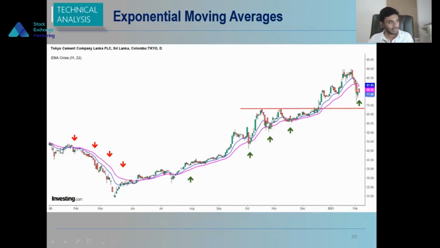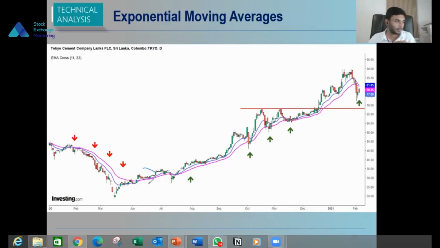So you can see when the blue line, the short-term moving average, is below the long-term, it is clearly a bearish trend, and during this bearish trend, we will not take buy trades and we will stay away from the market. But at the point where it has a crossover at this particular level, now you can see we have a signal, okay, the market is becoming bullish based on our moving averages. So now after that, there are multiple trading opportunities, and these are called pullback points, which we can learn about in future. These pullback points will be an opportunity for you to add more to your trade.